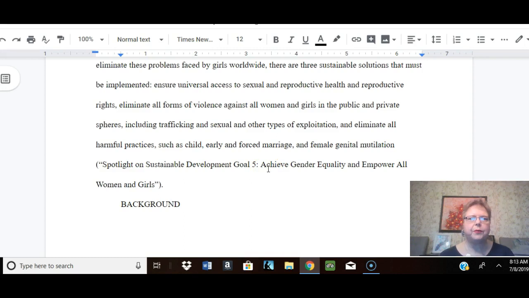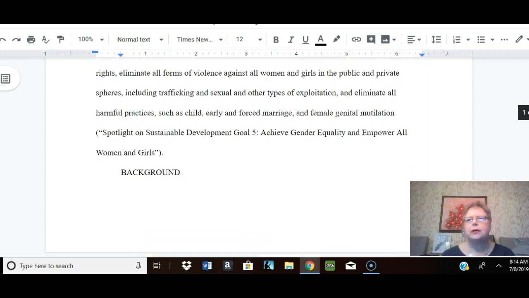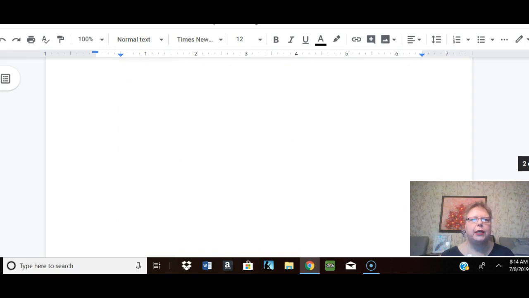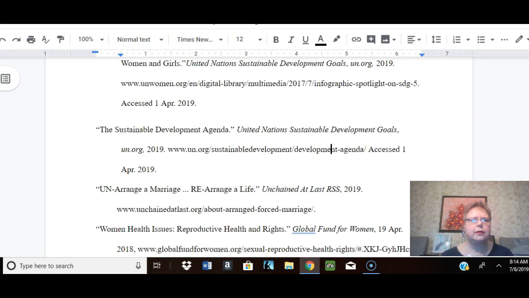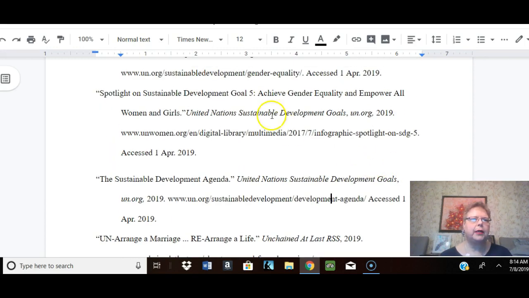And third, here's my third one: eliminate all harmful practices such as child, early and forced marriage, and female genital mutilation. And I got that from Spotlight on Sustainable Development Goal 5, Achieve Gender Equality and Empower All Women and Girls. And there it is, my in-text citation, which matches in alphabetical order. Go down to S on the works cited page, and you will see that starts with an S, Spotlight. There it is, Spotlight on Sustainable